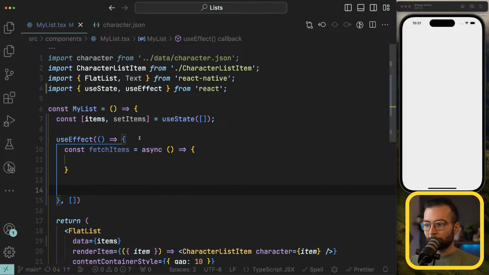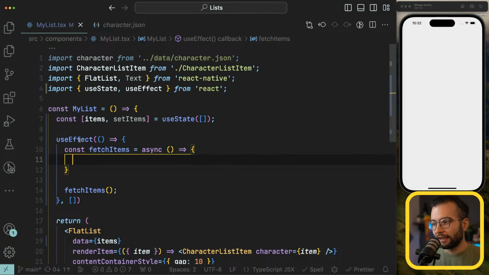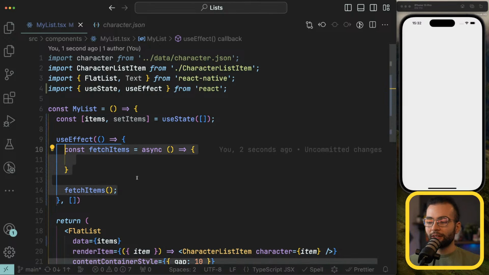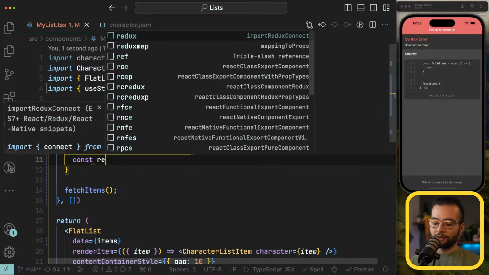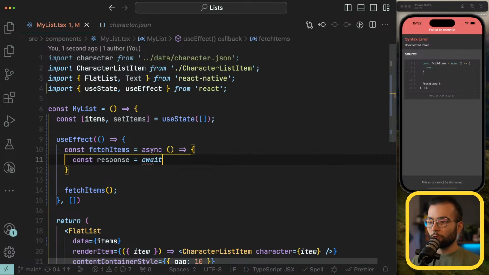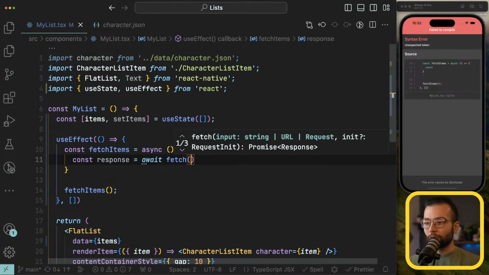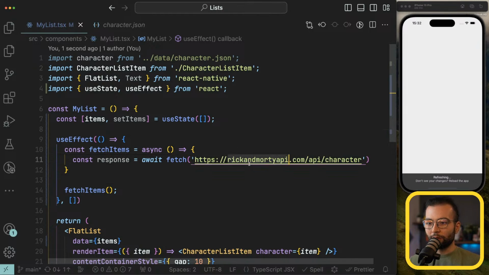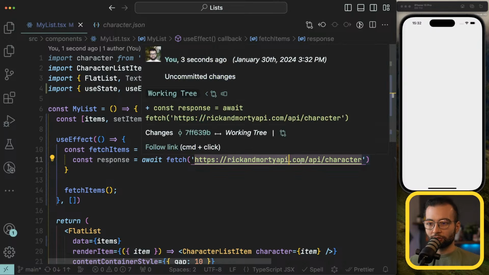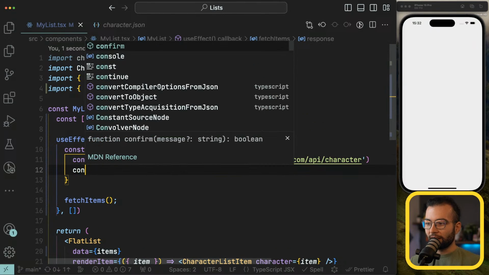All we have to do after we define the function is simply call this function. This is the usual weird API of a useEffect, because we cannot have async functionality here, so that's why we need to define a function and then simply call it. But now, inside this fetchItems function, we can send a fetch request to get these items. So response equal to await, using the fetch API, which is built into React Native. We can pass here the URL that we copied, rickandmorty API character, and let's go ahead and do a